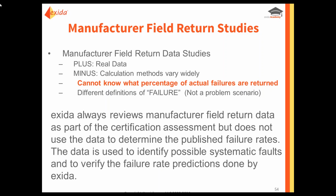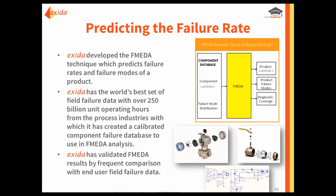And that data is very important, especially if you're going to be using your proven in use justification for your systematic requirements. We take that and use it with a prediction failure rate. What we do is we developed a FMEDA technique which predicts failure rates and failure modes of a product. We're able to do that by seeing your drawing and your bill of material and breaking it down for every O-ring, every bolt, every washer, and using our component database with the component failure rate and the failure mode distribution,